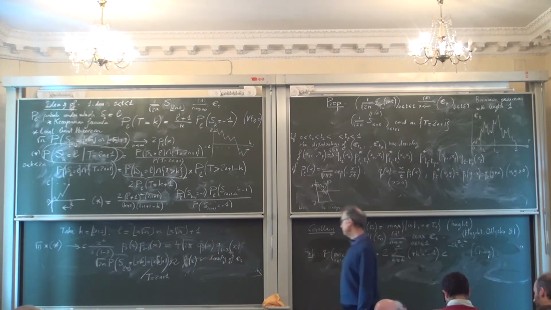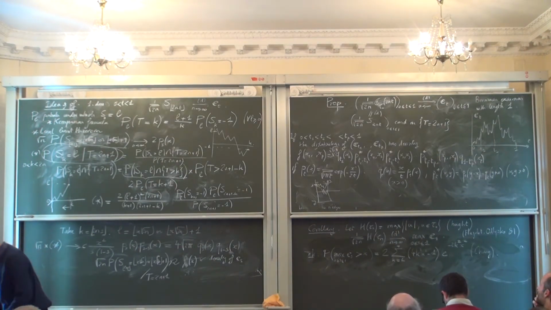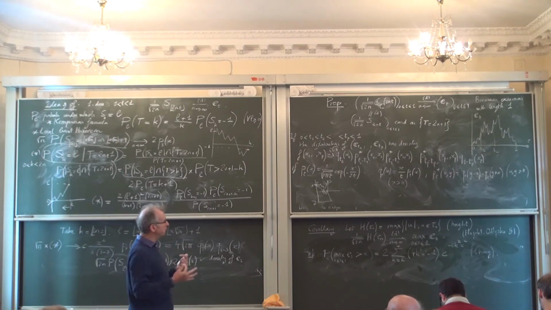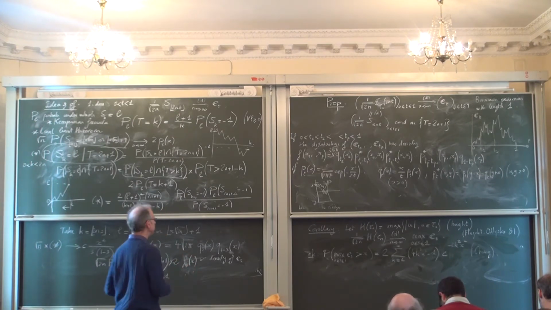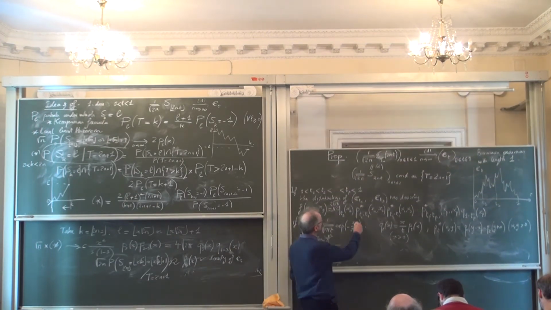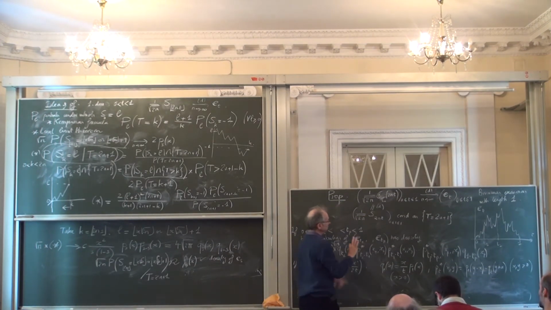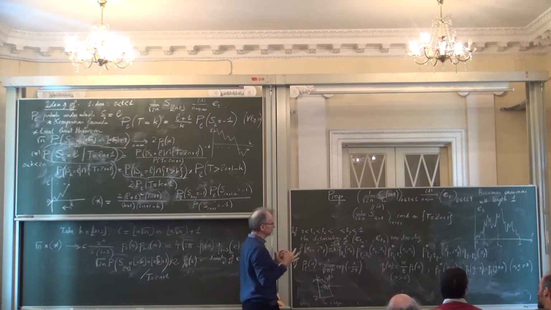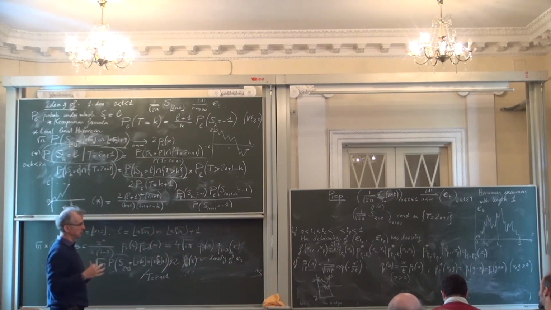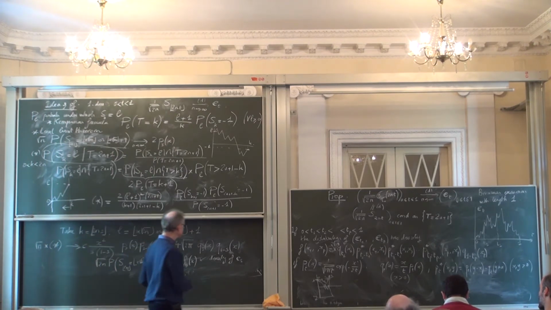Okay, so maybe what I want to do today, in the end of the lecture, I want to explain to you that you can reinterpret this proposition in terms of convergence of trees, in the Gromov-Hausdorff sense as we saw yesterday. So this proposition is just telling you that if you take this contour function, which is a way of coding the tree, it converges to something. But we want to say that the tree itself converges. And for this, we have this notion of Gromov-Hausdorff convergence. Okay, so this is what I will do next.